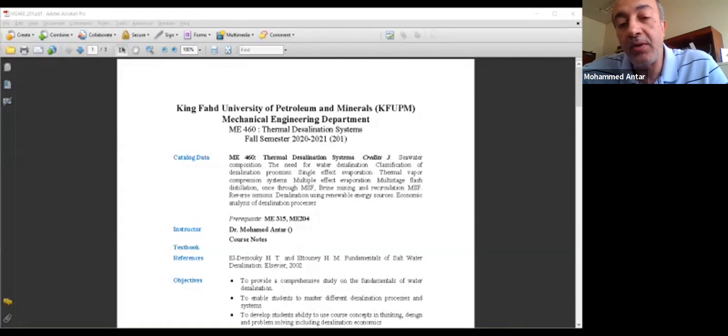So what we are going to do through this course is basically go through these types of techniques, how we can desalinate the water, how much it is related to energy, and how the system can be checked and evaluated for its energy consumption. Our target normally, like any other process, is to have the system which is producing sweet water be an efficient system. So efficiency of the system has got to be high, and the cost needs to be as low as possible. So these are the two elements